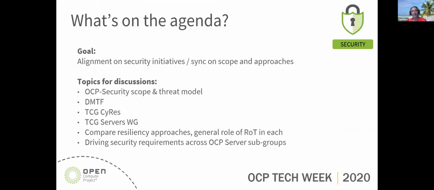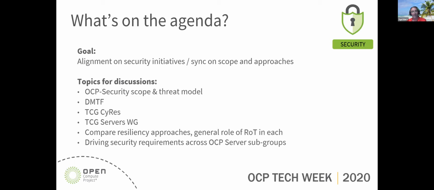The purpose of this session is really, as we've been defining the specs for root of trust for open compute security, it's pretty clear that there are several projects in the industry that are working in similar initiatives or in the same area.